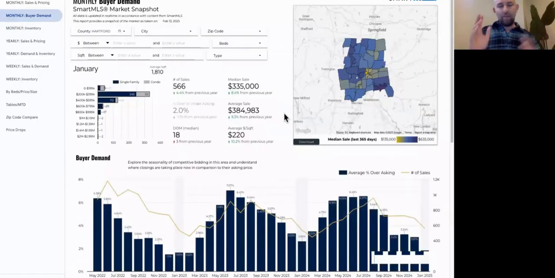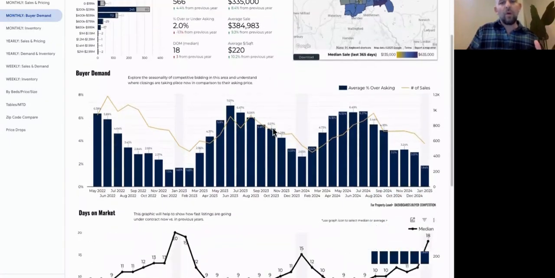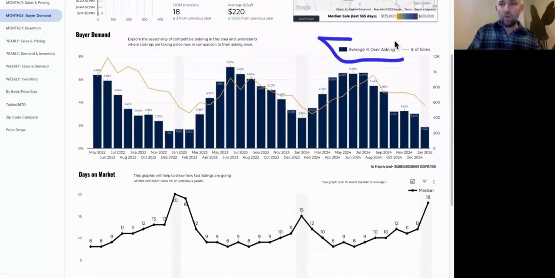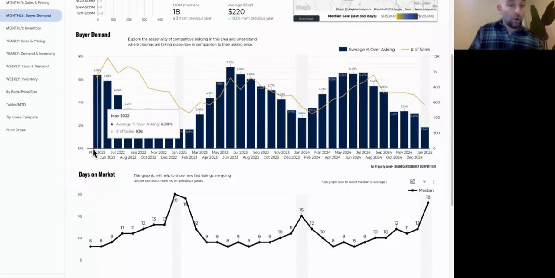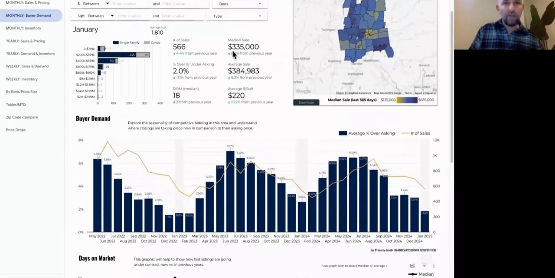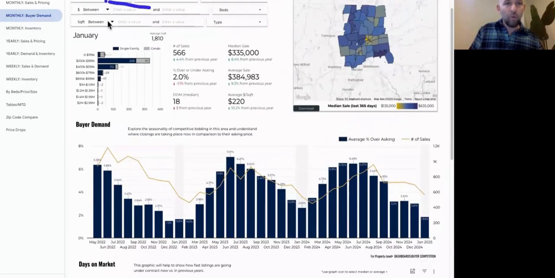And the second thing, the buyer demand thing, I love talking about this just because this is really the best foreshadow of where prices might be heading. And we look at this in 2 key ways. One is your percent over or under asking, and then of course your days on market. And so the reason I like this is it shows in your territory, and again, you can define this section of your market. If you guys are more of a luxury team, you can of course go up here and you can specify that to more luxury properties.